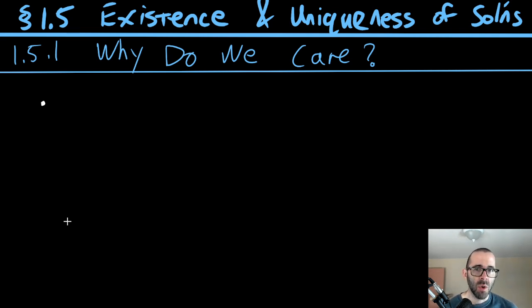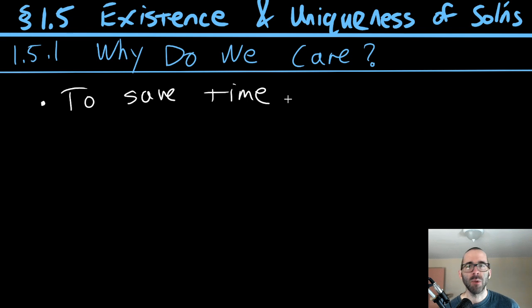It's very important to know whether a solution is going to exist, mostly because it saves time. You don't want to spend all this time looking for a solution if one does not even exist. The existence theorem that we're going to talk about today can save you time, because you could look at something and say, I don't even know if a solution is going to exist, which is going to be a problem. But if we can prove that solutions do exist, we can try to find them. If you don't even know whether something exists, it's much harder to find it. So it saves us time not looking for things that might not be there.